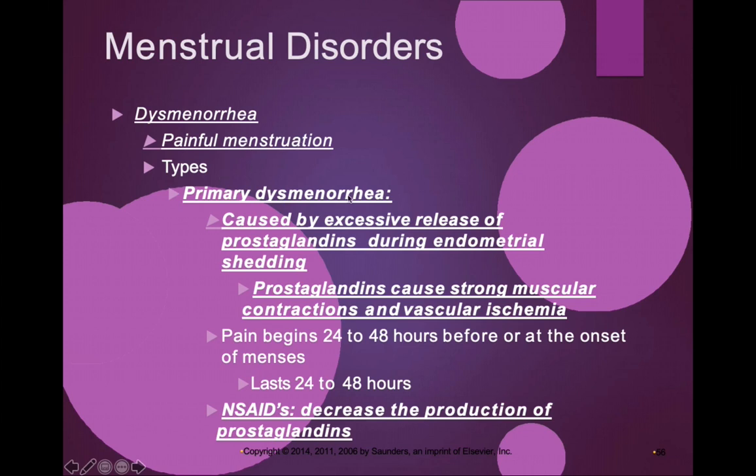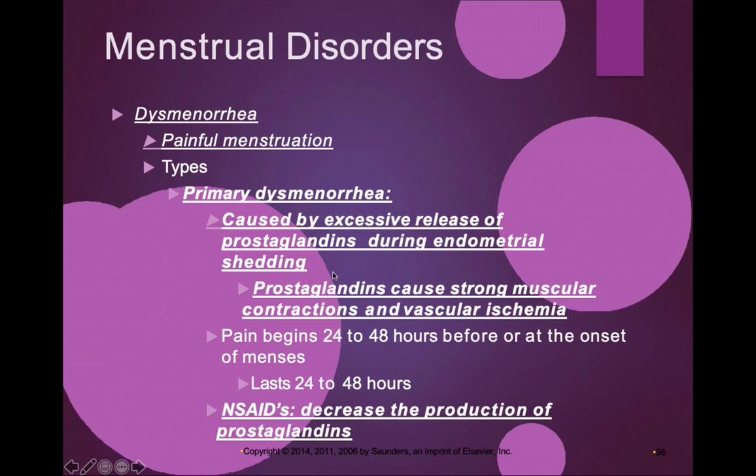Now, primary dysmenorrhea is caused by excessive release of prostaglandins during the endometrial shedding. Remember prostaglandins, the PGs that come from the arachidonic acid? Prostaglandins cause strong muscular contractions, and they can cause vascular ischemia. And what typically relieves the pain is when someone uses NSAIDs, because NSAIDs, the non-steroidal anti-inflammatory drugs, decrease the production